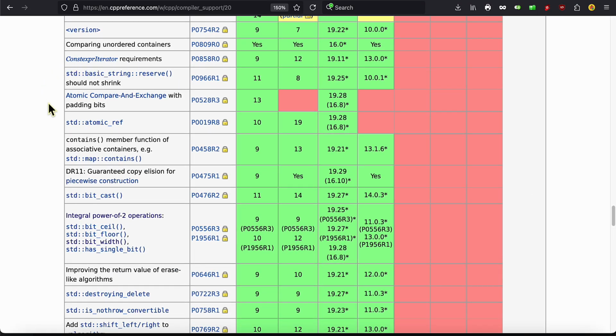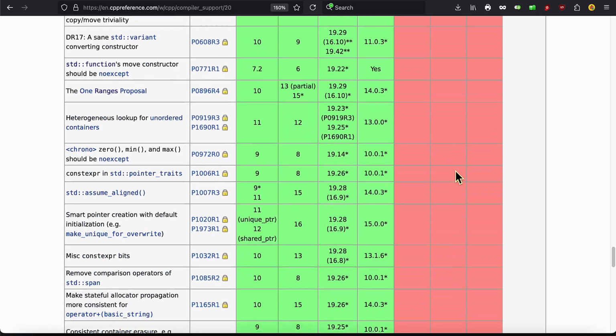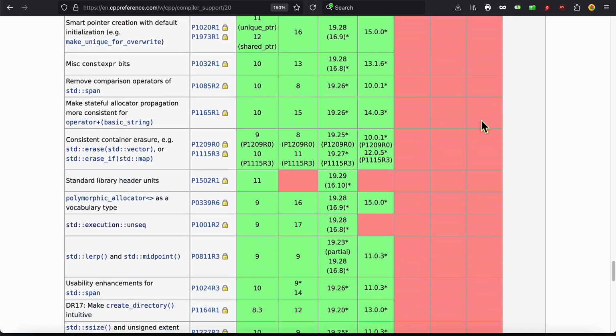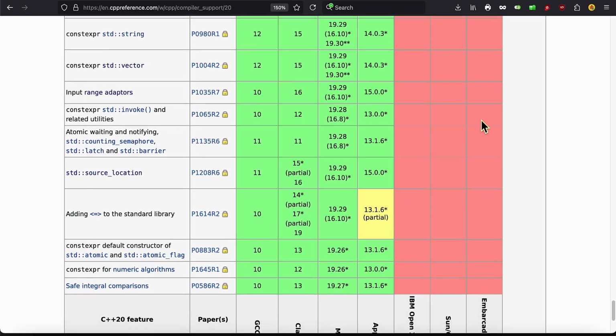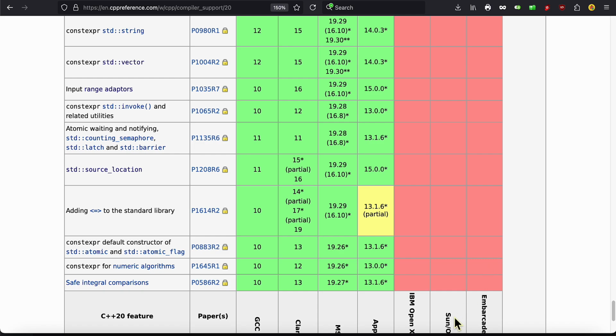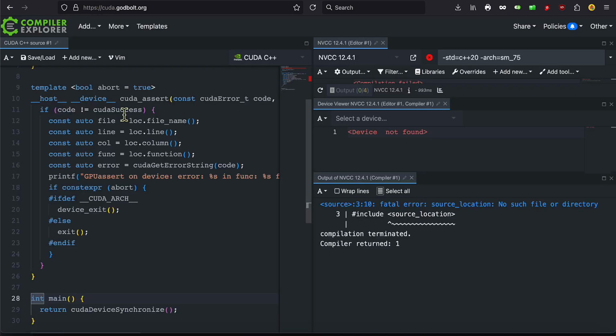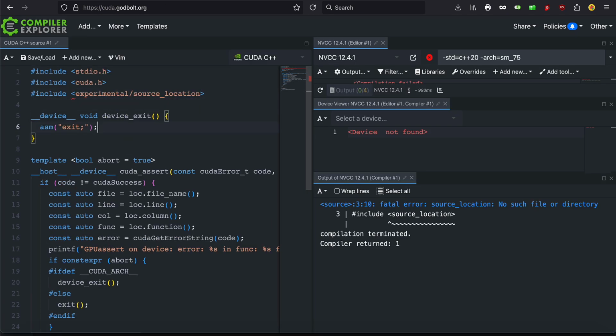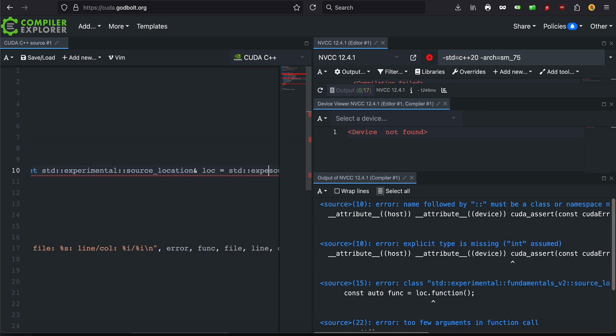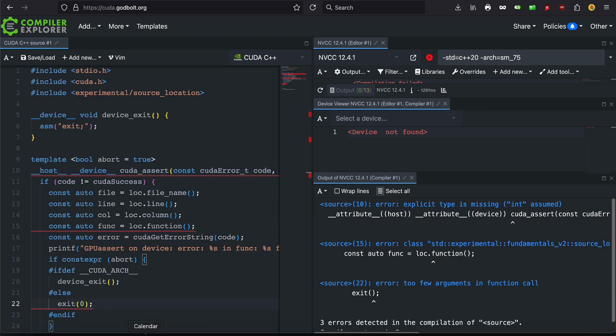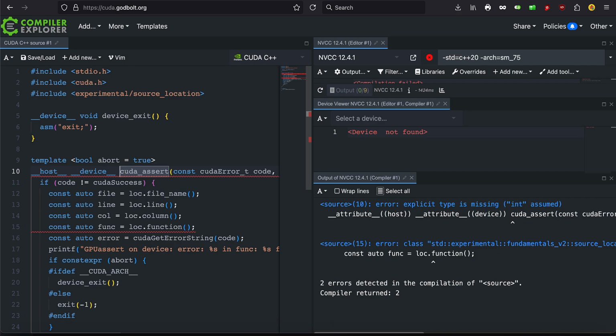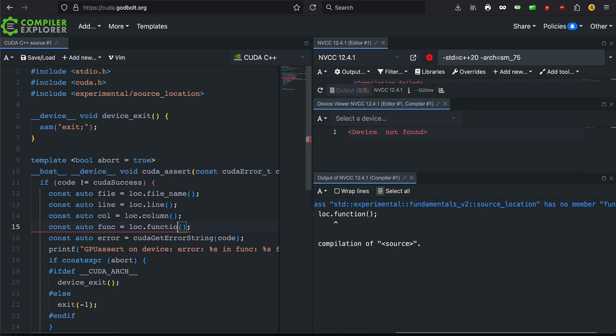But in fact, everything in this list that is constexpr has support for it. It's just that, well, it hasn't been publicized yet. Luckily, we have a fix. If you add experimental to source location, then it compiles. After you fixed a few more issues,